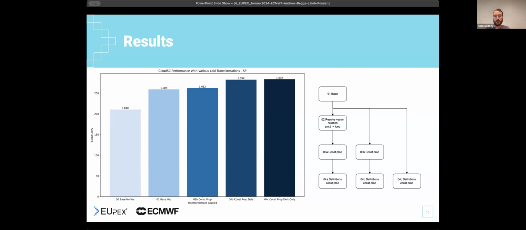Then we go to the first transformation applied, which is the constant propagation. I was quite surprised. I actually didn't really get much out of this. Really just a flutter on the readings. But not to be deterred, I created the constant propagation for the definition section from the lackluster results from this. And this did give me the win I was looking for, at least a little bit.